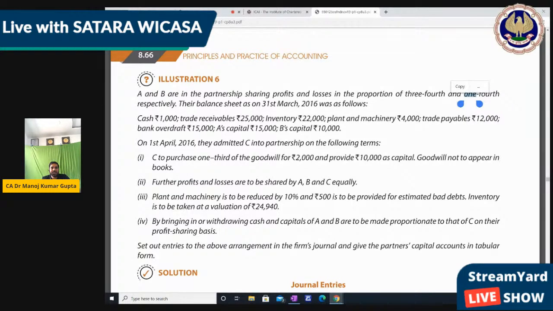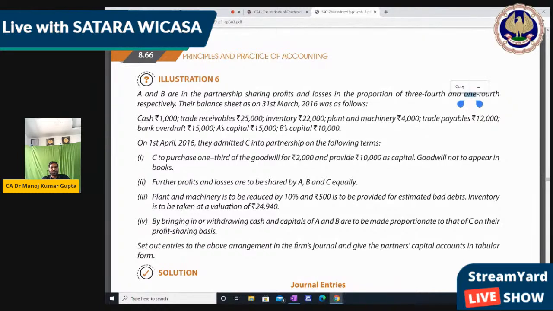Cash 1,000, trade receivable 25,000, inventory 22,000, plant and machinery 4,000, trade payable 12,000, bank overdraft 15,000, A's capital 15,000, B's capital 10,000. So these are the opening balances given in the balance sheet in statement form, meaning in para form,